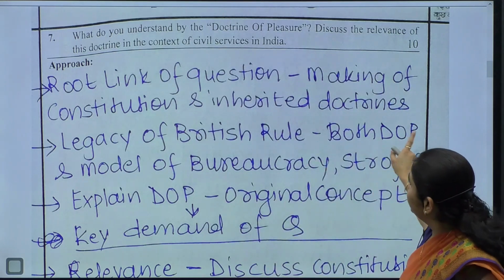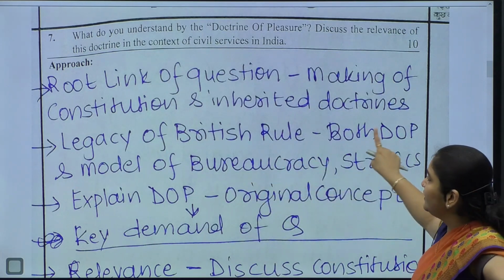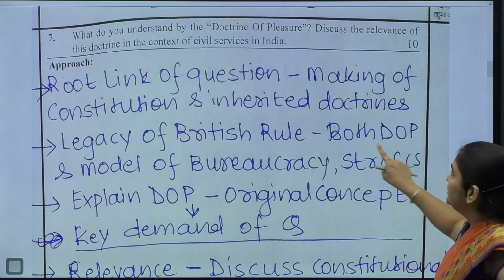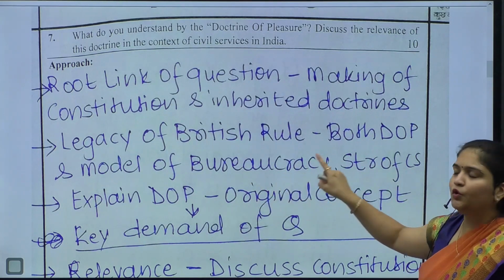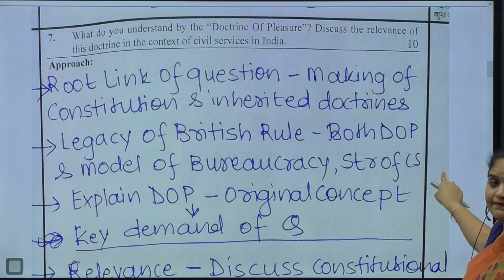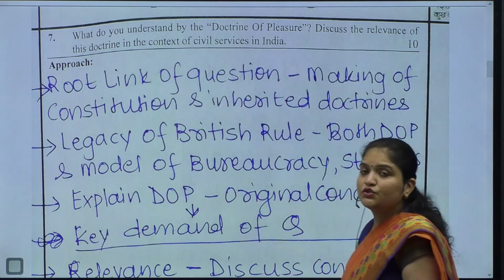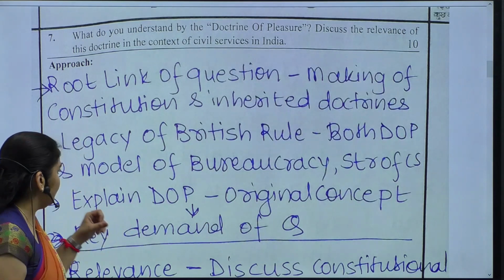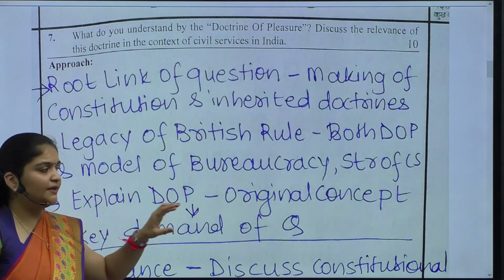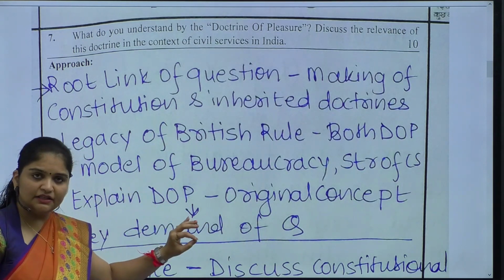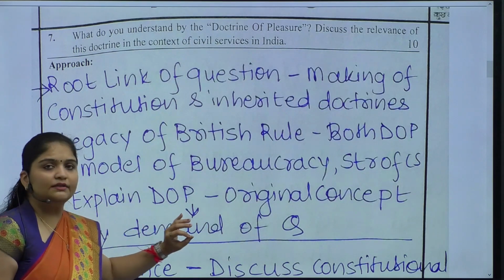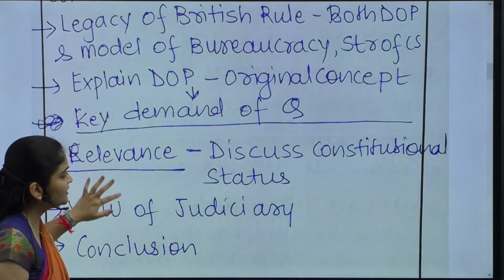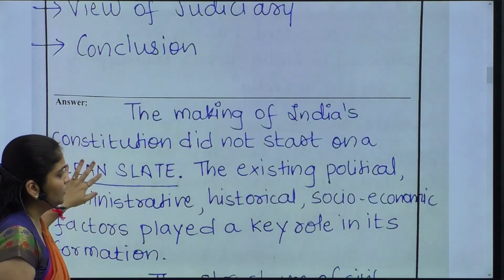So we start with the making of the constitution and inherited doctrines, then how both the bureaucratic model structure of civil services as well as the doctrine of pleasure have been adopted from Britain. But how is the concept different in the Indian context than the original concept? This is the key demand, okay, and what is the relevance in the present time? So we talk of,